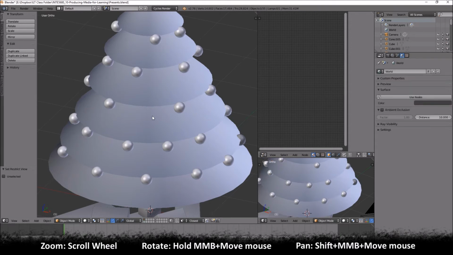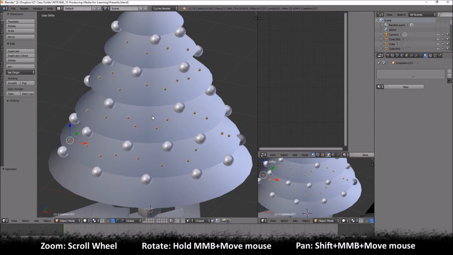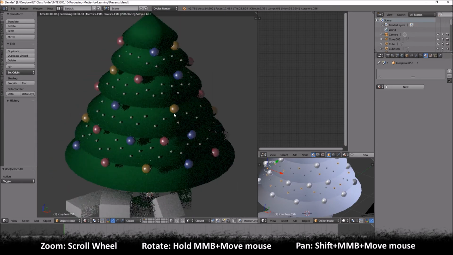Whoops, sorry, I just hid the second group. So I'm going to Control Z to undo that, but then Alt H will bring back your hidden objects. So H to hide, Alt H to reverse that. So just right click to select one of these. I'm going to go back into the rendered view,